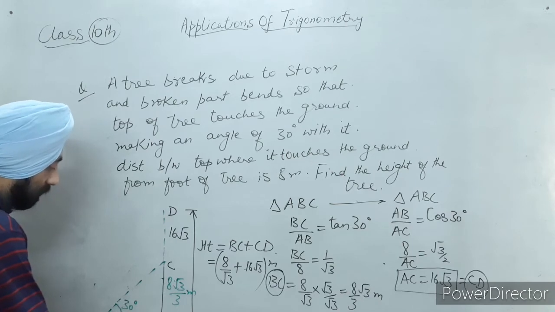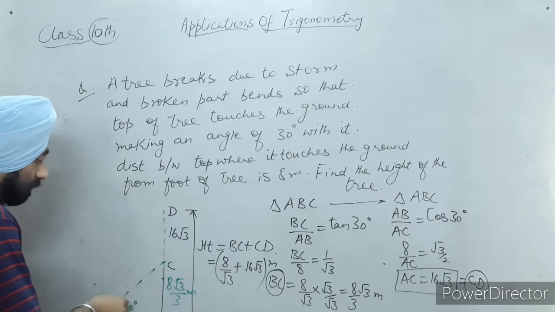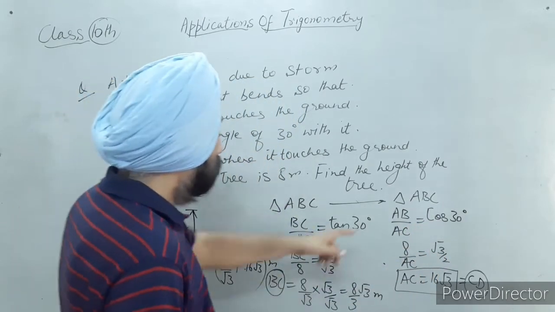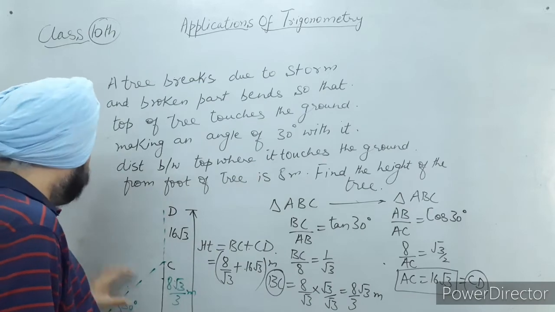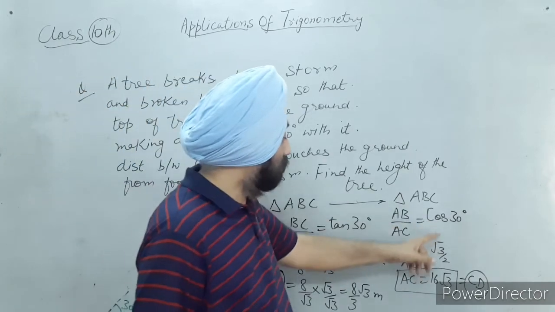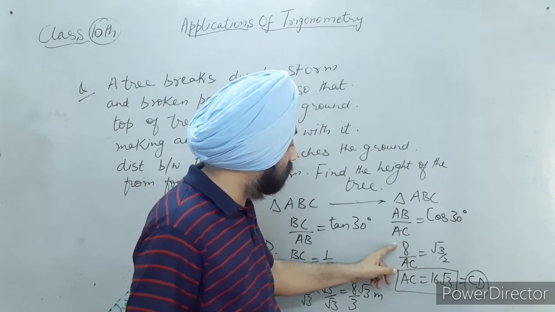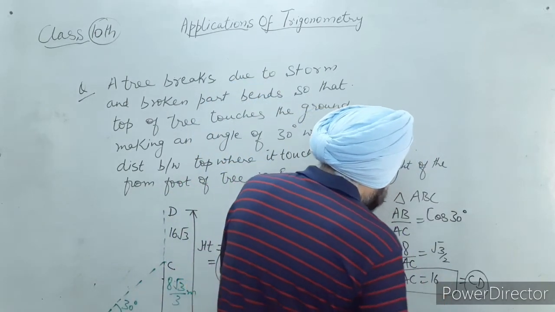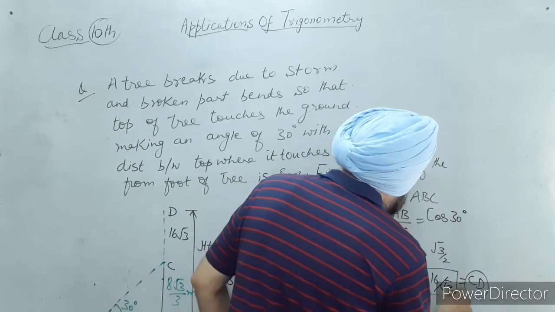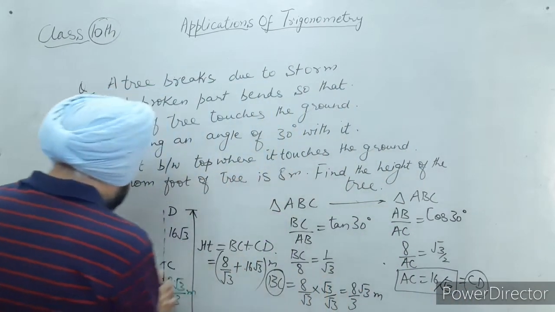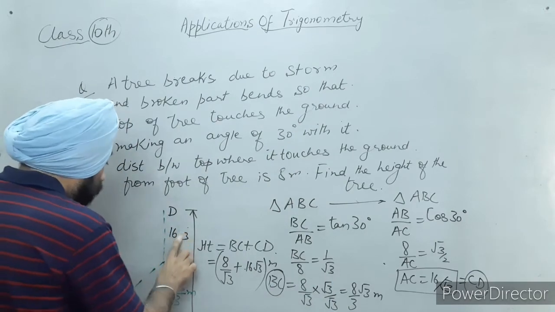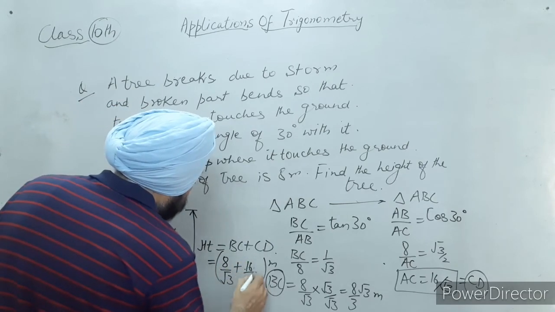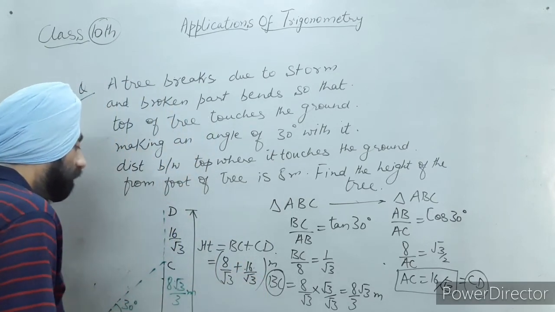Base, this is the base, this is the hypotenuse. I have cos of 30 degrees. Cos of 30 degrees is under root 3 by 2. So AB is 8, AC is 8 over cos 30, under root 3 by 2. 2 into 8 is 16. 16 by under root 3. It will be by under root 3, sorry. 16 upon under root 3 is AC. But AC is equal to CD over here. It will be upon under root 3. Let me write it corrected. 16 by under root 3. Right? I can rationalize that.